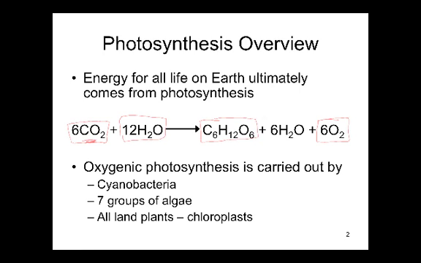Photosynthesis occurs in a wide variety of organisms, and it comes in different forms. These include a form of photosynthesis that doesn't even produce oxygen, so it's called anoxygenic, and then a form that does produce oxygen, which is oxygenic. Mostly anoxygenic photosynthesis is found in 4 different bacterial groups. But oxygenic photosynthesis is carried out by cyanobacteria, 7 groups of algae, and all land plants, of course, that have